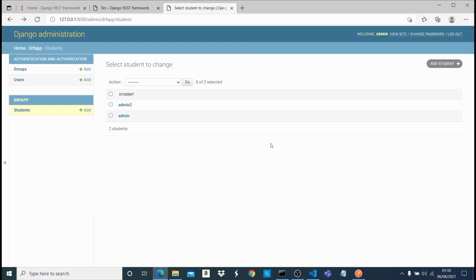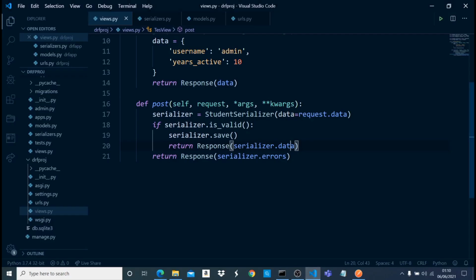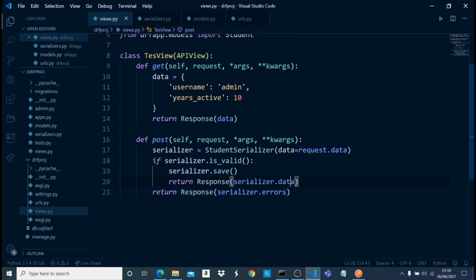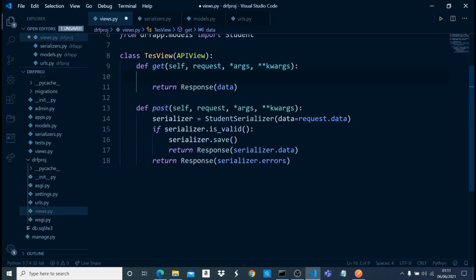Now to use a get method, we're going to come back into our VS Code. Now what I'm saying is, as you can see, this get method right here, when we did it earlier, is just a blank data, just a normal dictionary. But in this post method, in this post function, we are using serialization. We are serializing our data. So let's say we want to also serialize the data in this get. Now what we're going to do, since we already have self, request argument and keyword argument, we're going to specify a query set. So let's get rid of these, and then let's say like a query set,